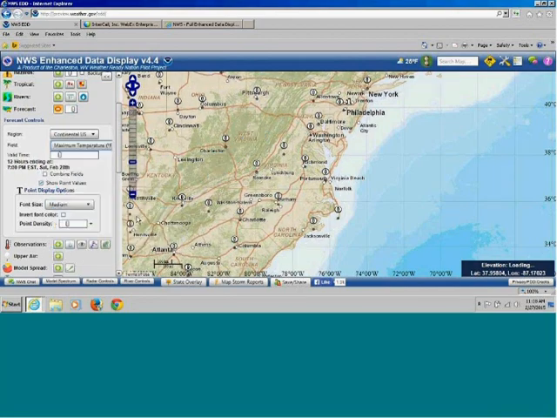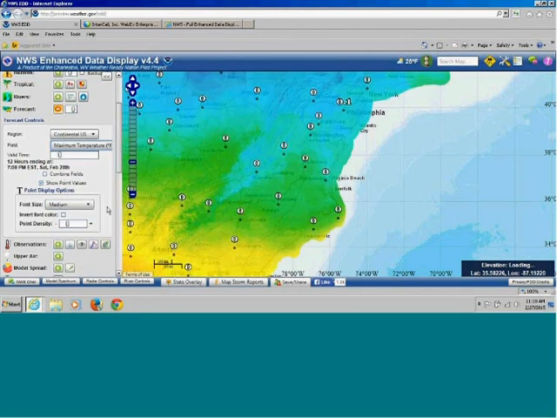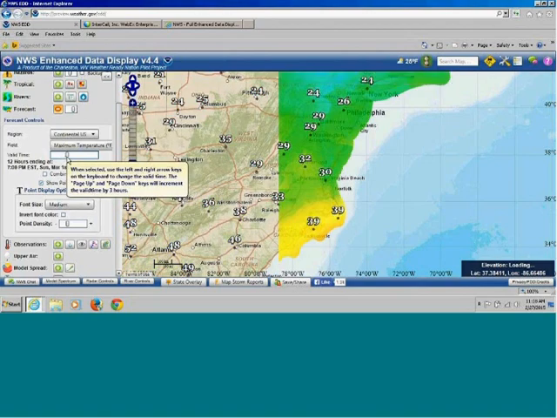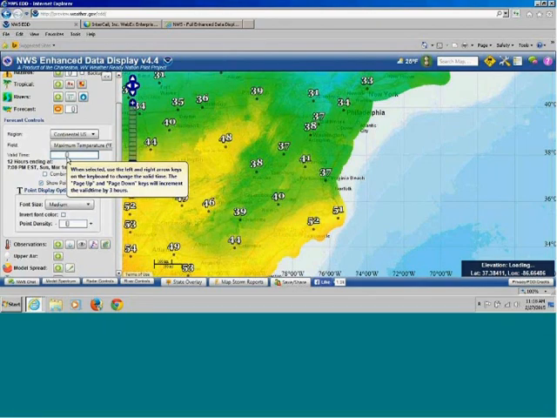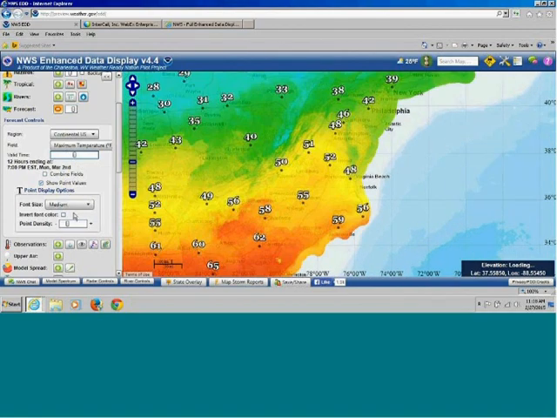temperature. So we can click on maximum temperature, and then that shows, and let's take off the point values right now, and we can add those here in a little bit. That shows the forecast maximum temperature, and this slider bar will allow you to select which time you want to see that maximum temperature forecast. So we're looking at the maximum temperature forecast for Sunday, for Monday,